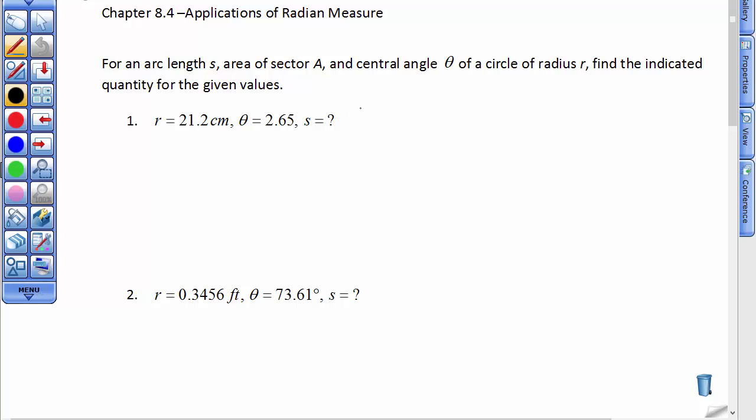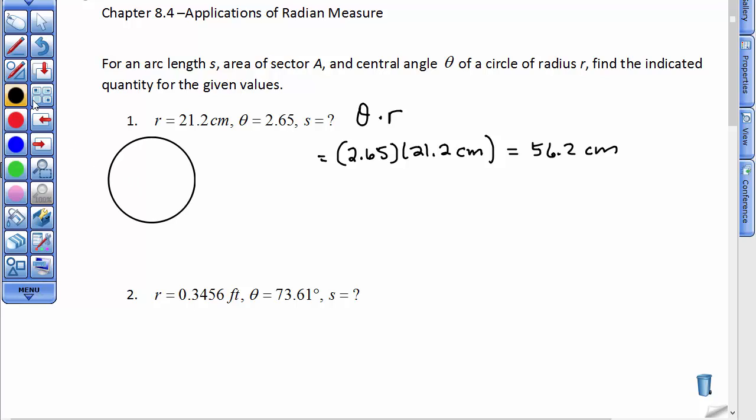So S is found by taking theta times the radius. And in this case, theta is given to us without a degree symbol. It's 2.65. I therefore know that that's in radians. Now I'm going to multiply by the radius, which is 21.2 centimeters, and I'm going to be done. The value for that one is 56.2 centimeters. So again, what you've done is you've found the length of an arc on a circle